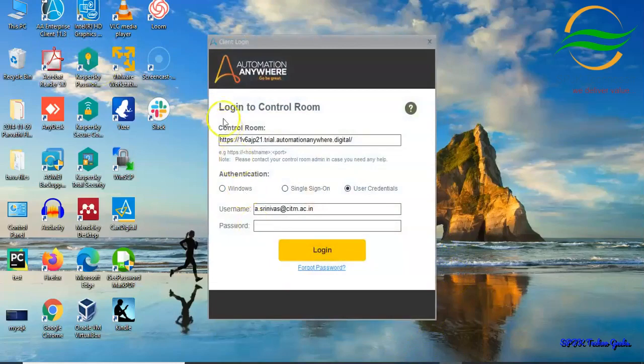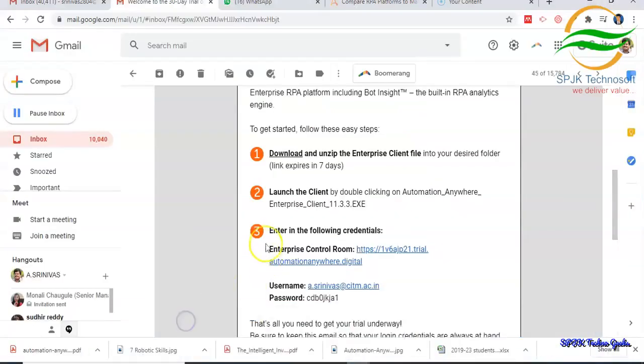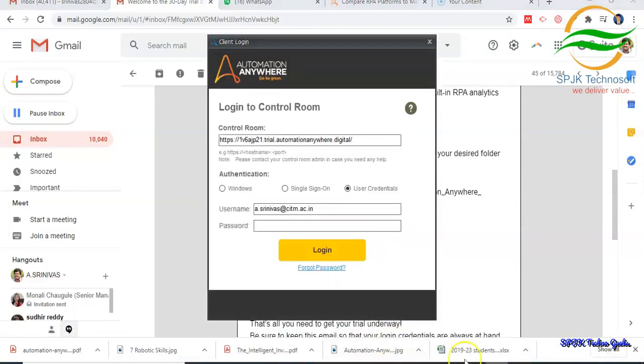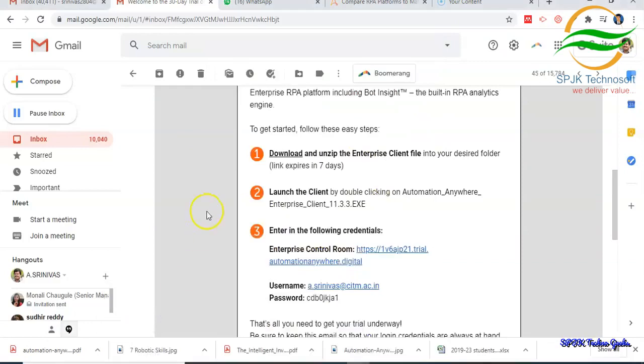Here it is asking you to log into Control Room. The Control Room ID is what they already sent to your email ID, which is the Enterprise Control Room, this one. You just need to right click, copy link address and paste it here. Then the username and password which they already sent you in your email inbox, which is here.